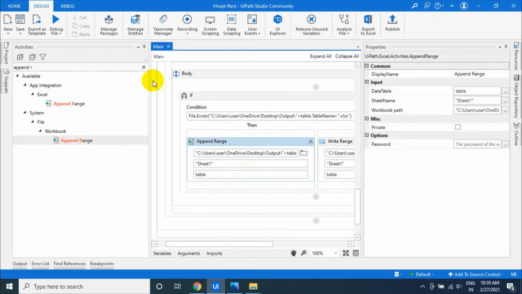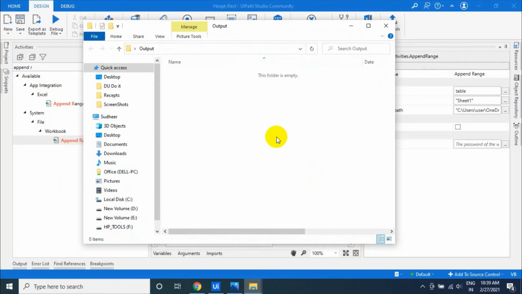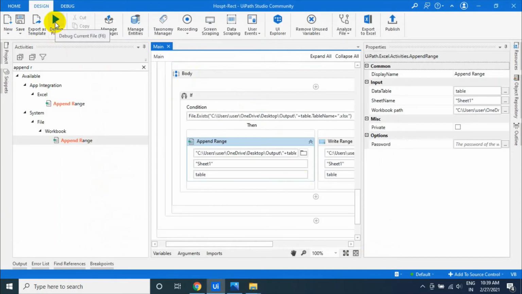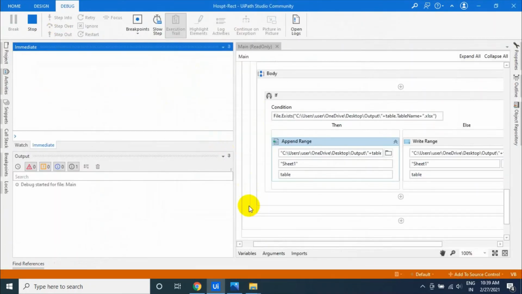That's okay. Now let us go to the output panel, output file. It is empty, so let us try to run. Now it will loop through each and every file from that particular receipts folder.